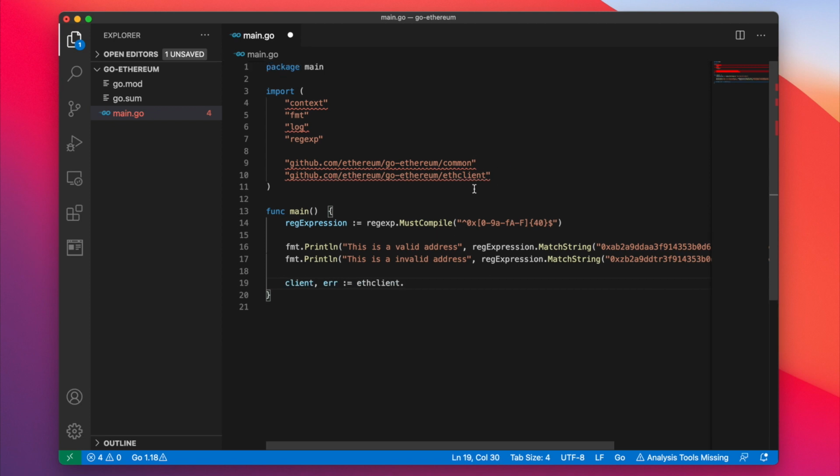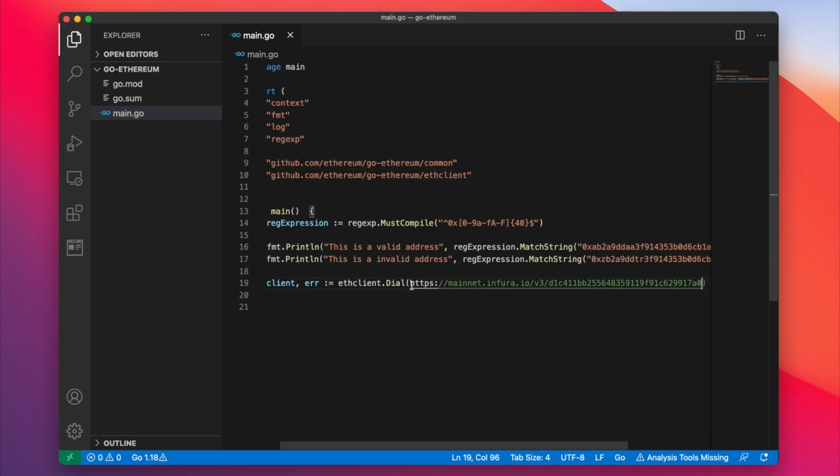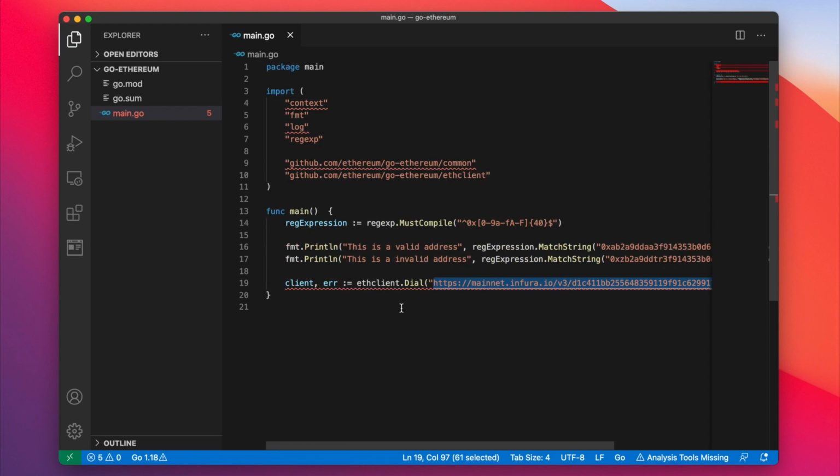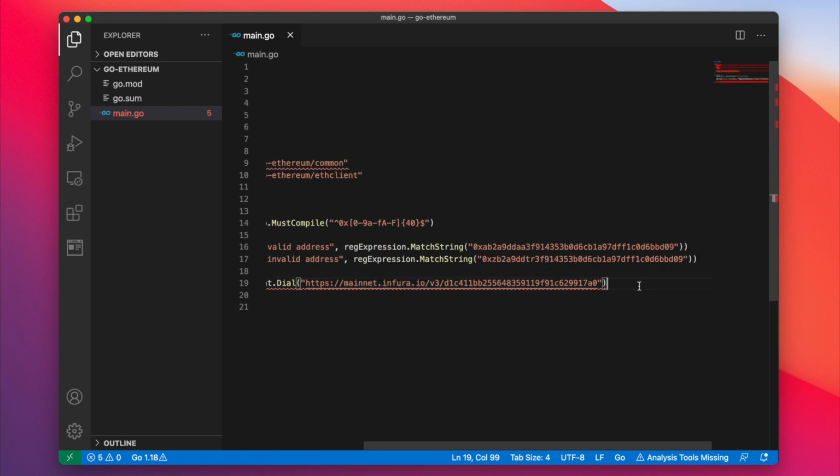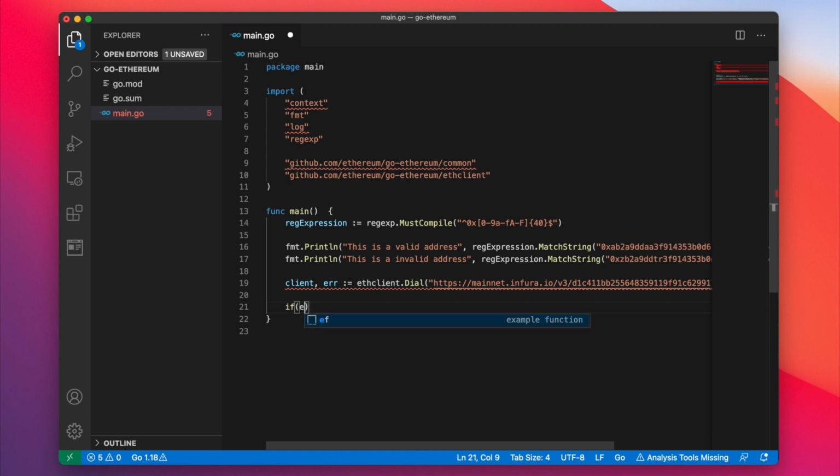So we're going to use the ethclient that we imported on line 10 and just say ethclient.Dial, if you remember from previous videos, and provide it with an Infura URL. I'm just going to connect to mainnet and give that endpoint, and make sure it's in quotations. Perfect. And it's complaining because we're not using it. So let's go ahead and check if there was an error encountered. If error does not equal nil, let's do log.Fatal